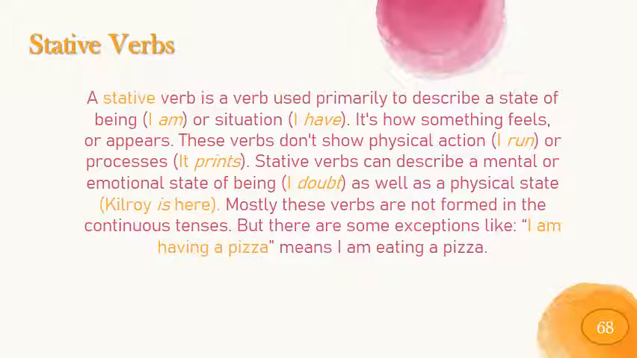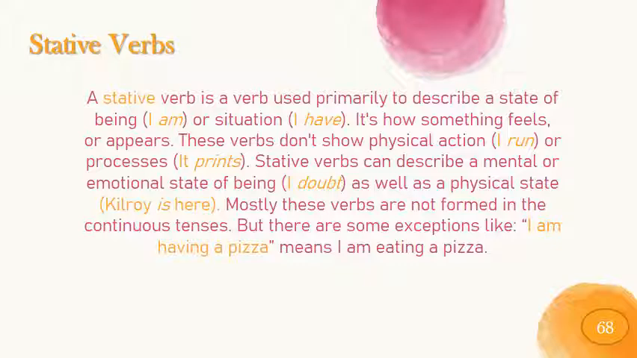Okay, so these verbs do not include physical action. They are not action verbs. Pay attention, they are not action verbs like I run or it prints. Okay, so what should we do? The stative verbs, since they describe a mental or emotional state of being, cannot be formed in the present progressive tense